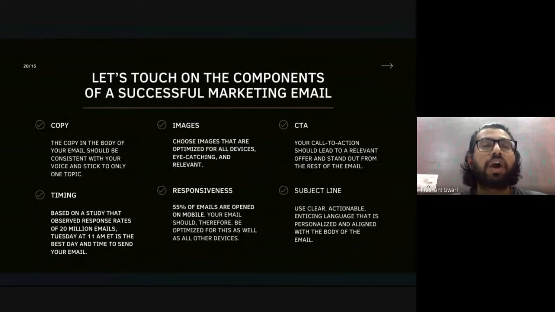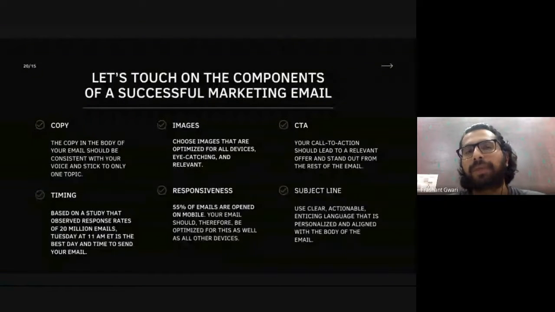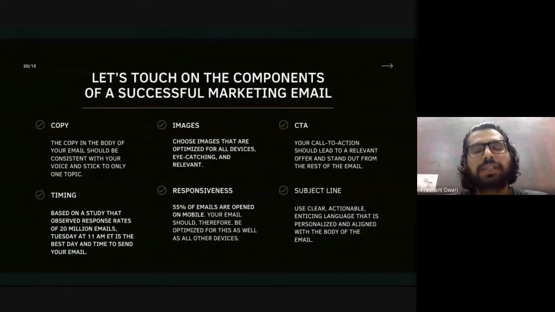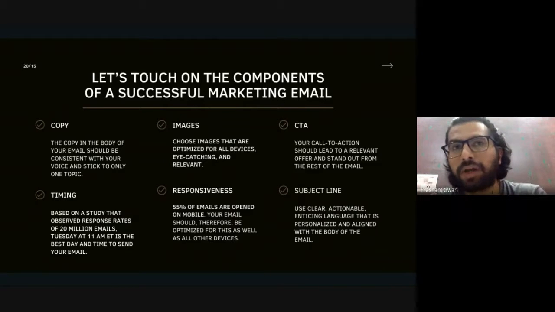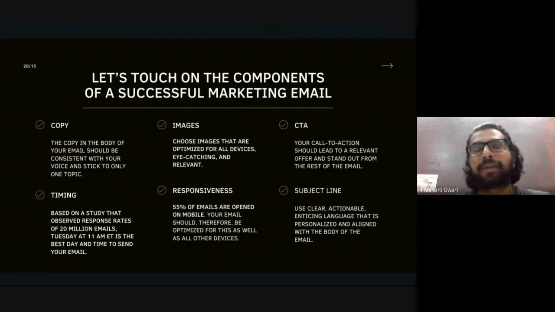You should use images which are fully optimized for all devices. Why? Because not everyone is using their email ID on the desktop. 66% of people open their emails on their mobile devices. So the image you upload in your email marketing campaign should be optimized for mobile devices, tablets, and desktop.